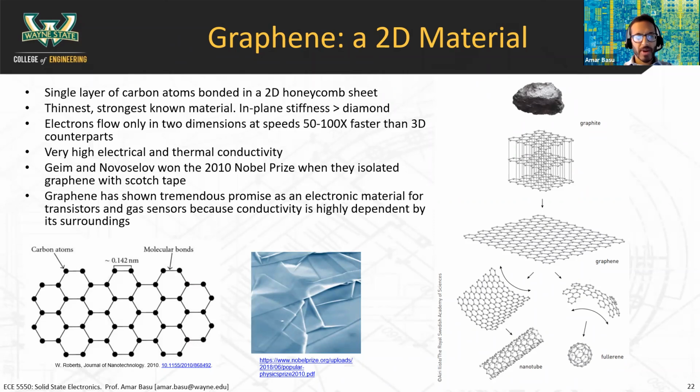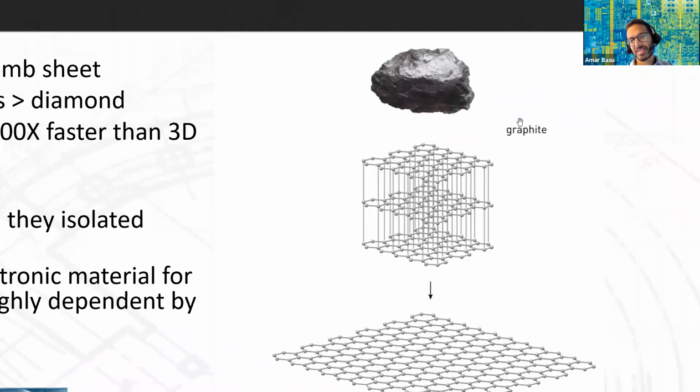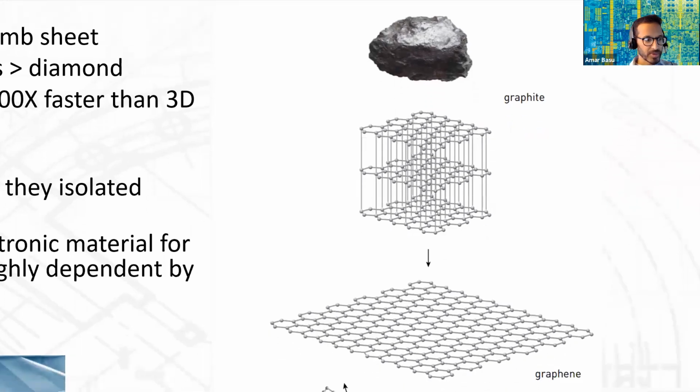A cool story behind graphene is how it was isolated. They used Scotch tape, believe it or not. The process that Geim and Novoselov used to create graphene wasn't any kind of layer-by-layer synthesis. They took graphite, which is basically the material in a pencil tip. Well, it's not lead; lead pencils are a thing of the past. Regular pencils have the black stuff made of graphite, and it turns out graphite is just multiple layers